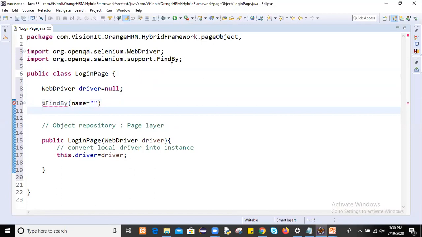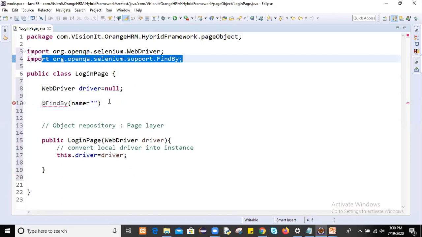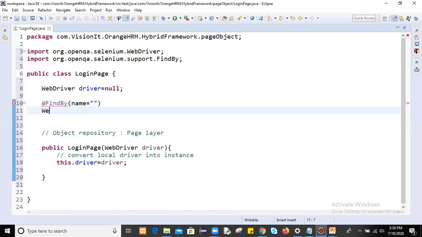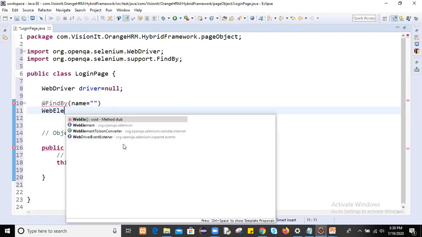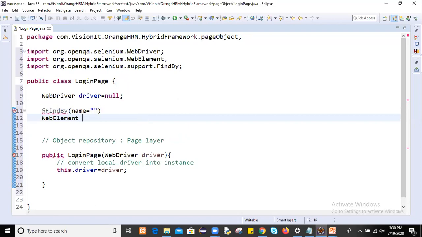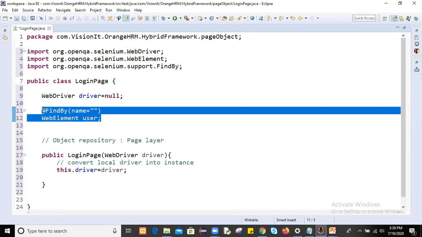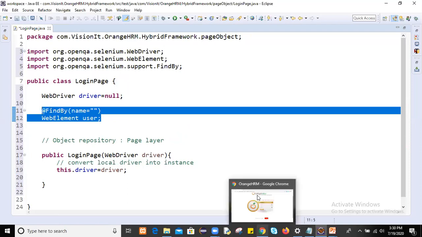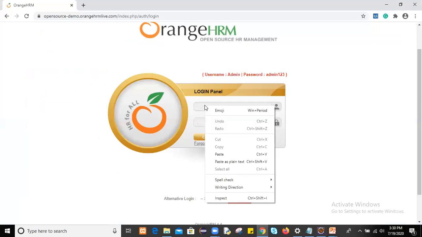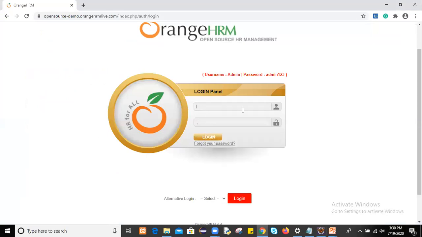We can use all the locators, and it will retrieve a web element. This is my first one, the username, which will retrieve the username. So if you inspect it, let me check.